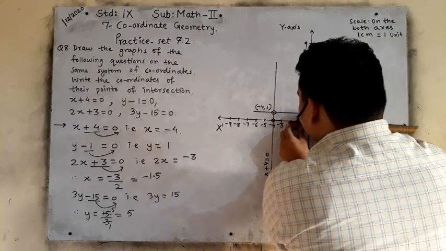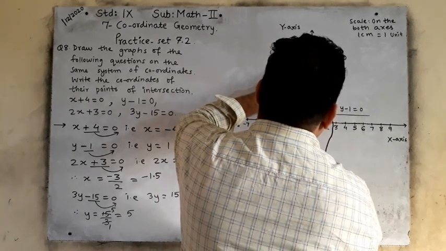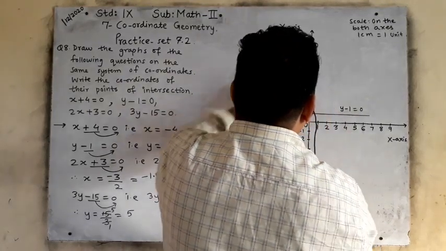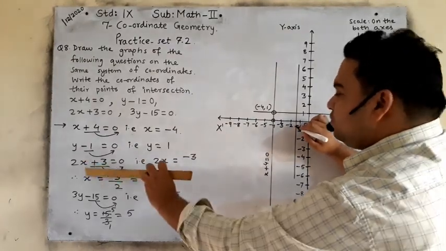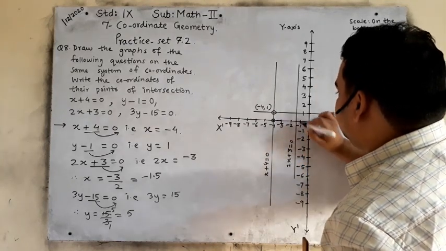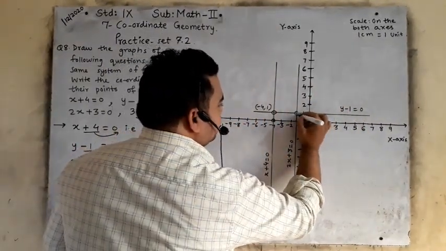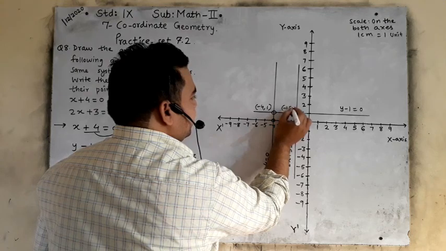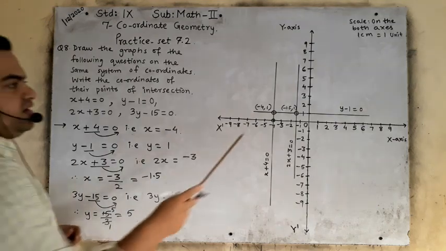We will take the middle point. Okay, middle point, that is minus 1.5. You will draw a line. So this point is minus 1.5. So you will write the equation over there, that is 2x plus 3 is equals to 0. Can you see here, this line intersected this y minus 1 here? Yes. So you will write here coordinate of x was minus 1.5 and y is 1.